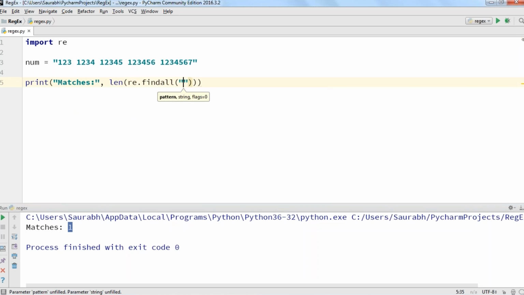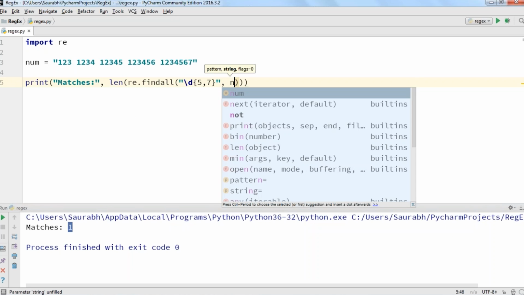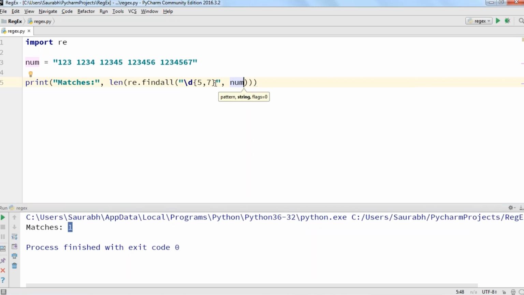What I'm searching for is digits, so \d. And what is my range? Range is between 5 to 7. Give a comma and then type in the string name, that is num. Go ahead, execute this and it finds 3 matches because over here we have 5, over there we have 5